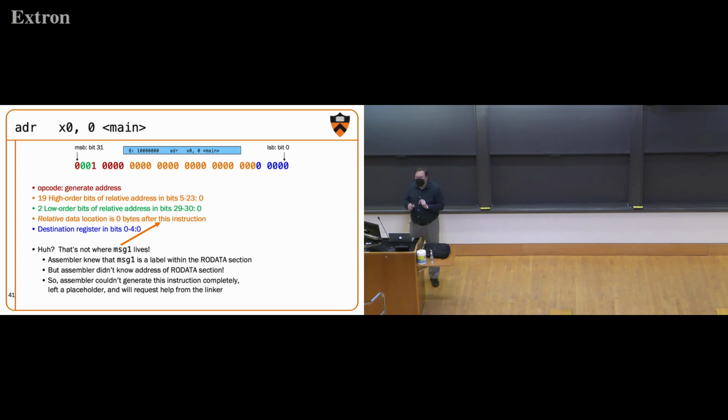What we wanted to do is compute the offset of this message that we're about to printf out. But that's way off in some RO data section that the linker is going to mix and match and shuffle somewhere in memory. The assembler doesn't know where it's going to end up. The assembler fundamentally can't know where message 1 is going to end up in memory. And it can't even know the offset between this instruction and where message 1 is going to end up in